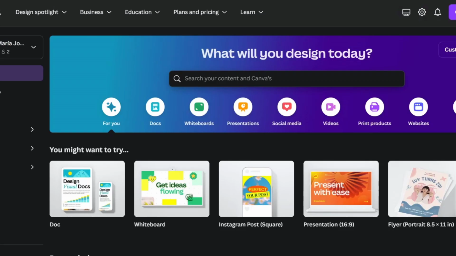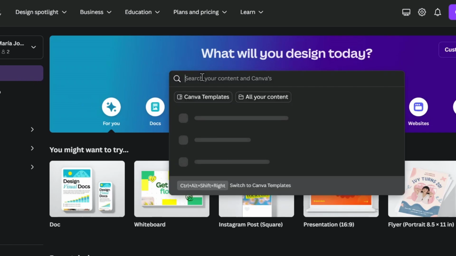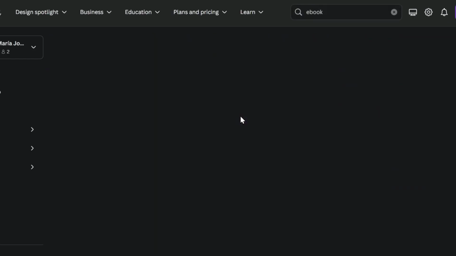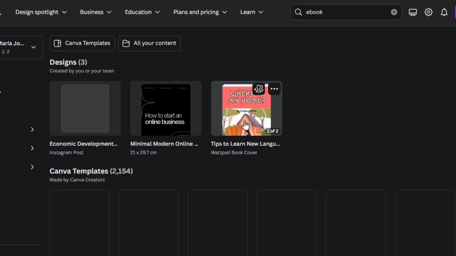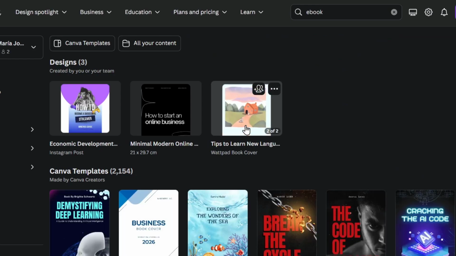For example, we can use Canva. In Canva, there are a lot of templates you can use totally for free, and you don't have to start from scratch. So if I am here in Canva with even a free account, in the search bar, just type the word ebook and search. And you will see that there are a lot of templates you can use to create your very first design